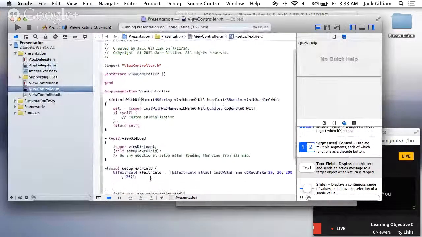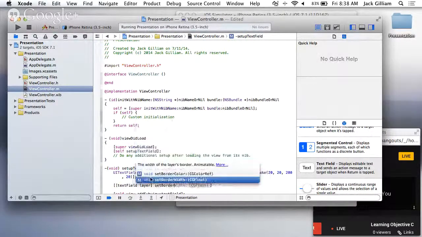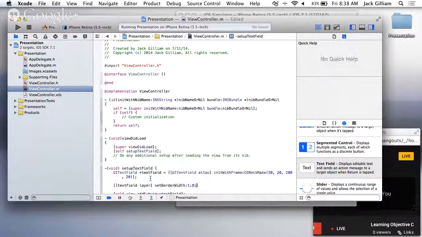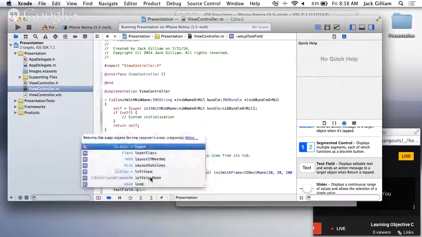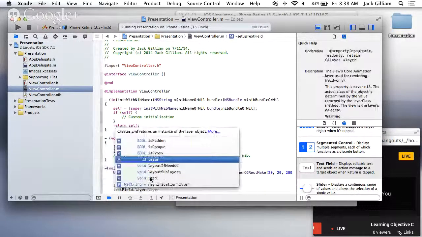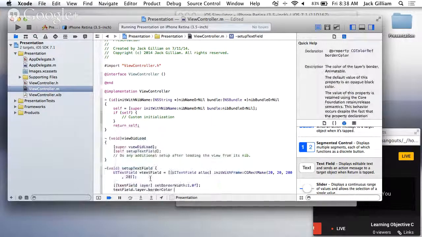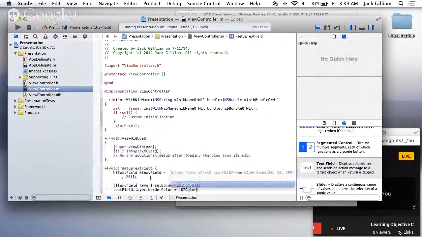So what I'm going to do is the border color, border width. So first, border width of 1. Color of